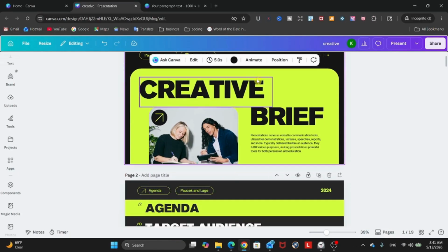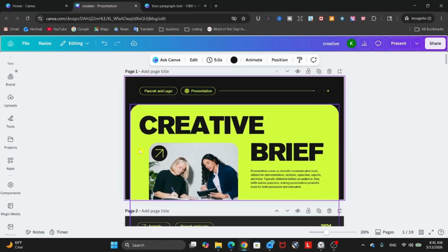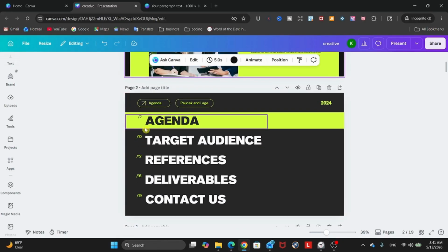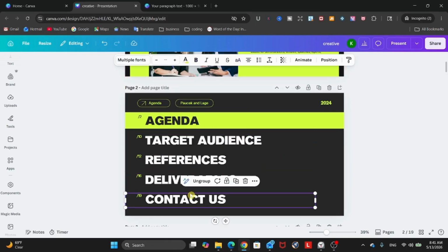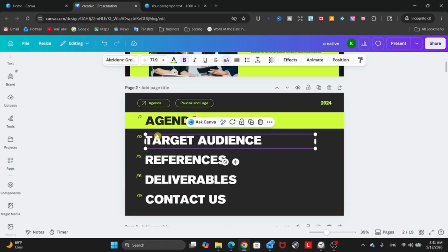So this is just for this slide only. You'll have to do the same for the rest of your slides. And depending on how many slides you have, this may take quite some time for each animation effect to take place, because you'll have to go through each one of these and select them, apply the animation effect, make sure that if you want it to appear on click, make sure that appear on click